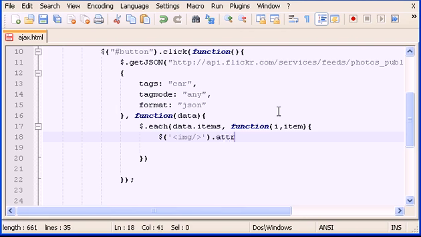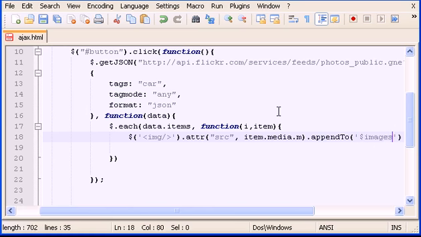The attr, which is the attribute function, which will include src, comma, and item.media.m .appendTo the ID images. Okay,